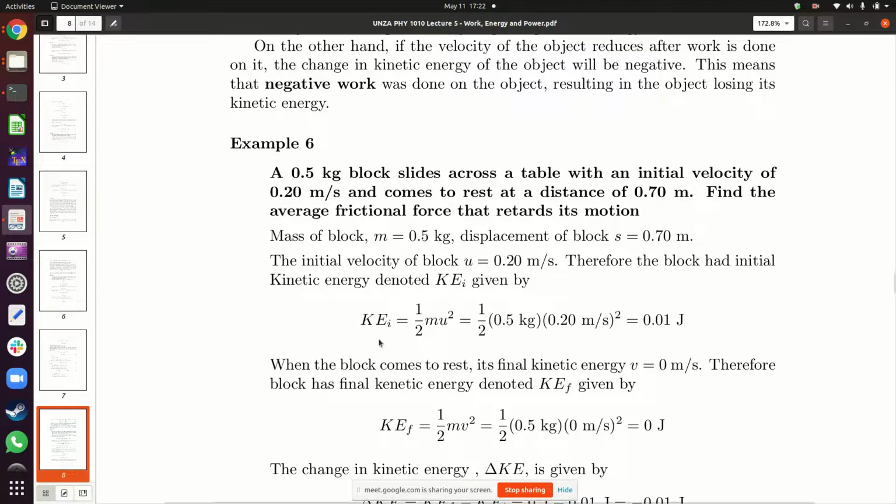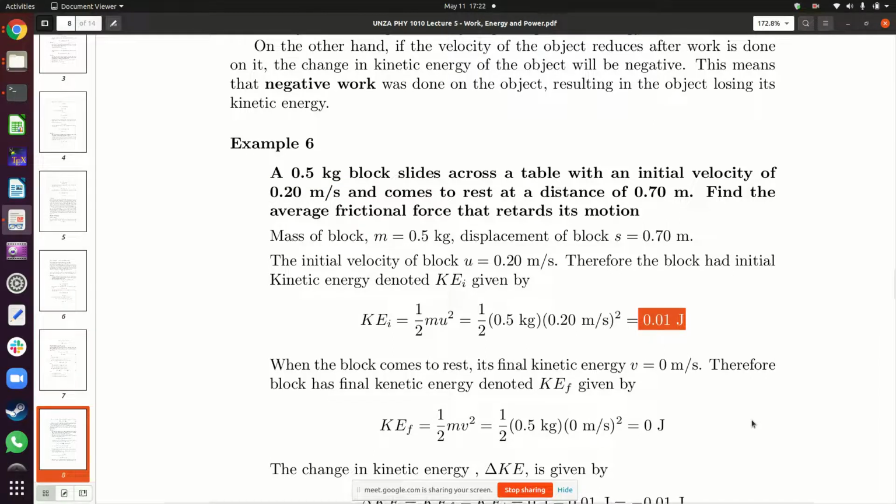So the initial kinetic energy is equal to half mu squared. In this case, our initial velocity of the block is 0.2. So we end up having half mu squared equals half times 0.5 times 0.2 meters per second squared, and that gives us an initial kinetic energy equal to 0.01